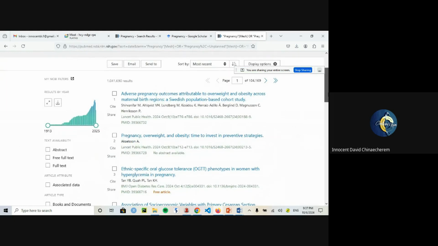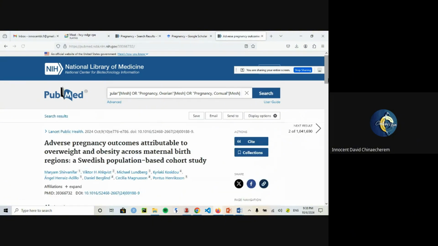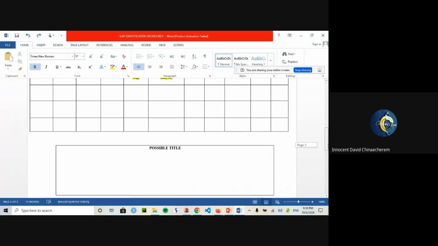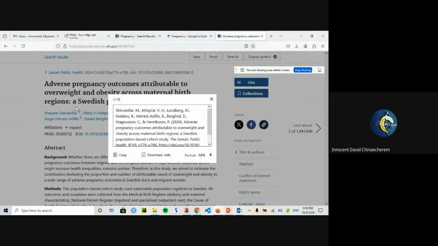Good. So what point am I trying to make? The point is that you have to make your searching very specific, because if you're trying to identify the gap for pregnancy generally, you're going to record a lot of times. When you open this paper, let's say the title, this is Shiva et al. 2024. You come to your gap identification sheet, you put it here. It was conducted in 2024. That means you have to download the full paper, right?